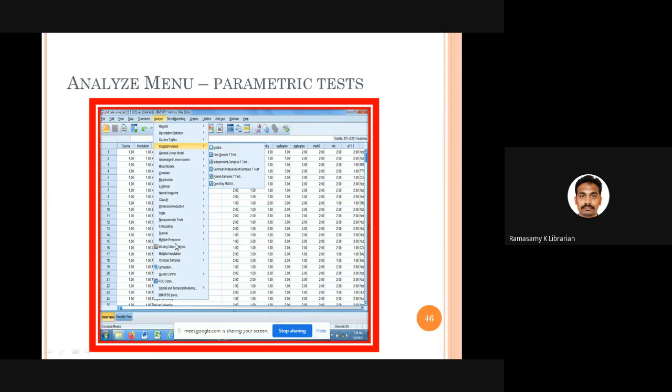Sometimes you get multiple responses for a question. Okay, what are the various food items you eat? So the same respondent will say that I like idli, I like appam, I like puttu kadala curry. The same respondent may choose more than one response, multiple response. So all these things can be done using the analyze menu.